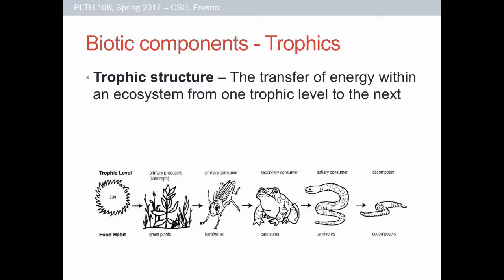So, this ultimate design that the ecosystem settles upon is what we call its trophic structure. So the trophic structure is essentially the